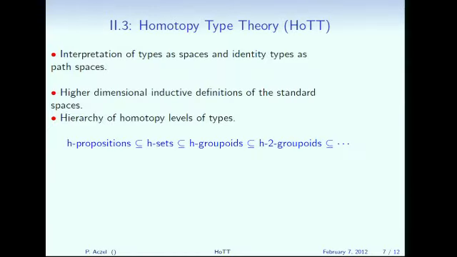Another ingredient of homotopy type theory is that there is this hierarchy of higher dimensional types going on. At the bottom, well, one up from the bottom, but I won't go to the absolute bottom, are what in some sense play the role of propositions. So in some aspect, logic is occurring at the bottom level. The notion of set is occurring one level up, then you have groupoids, 2-groupoids, and so on. So within type theory, you have the same kind of hierarchy analogous to what you have in higher dimensional category theory and in